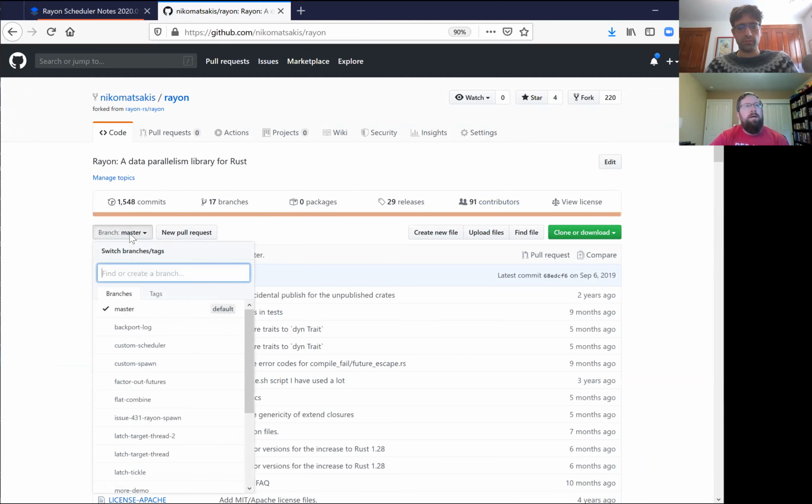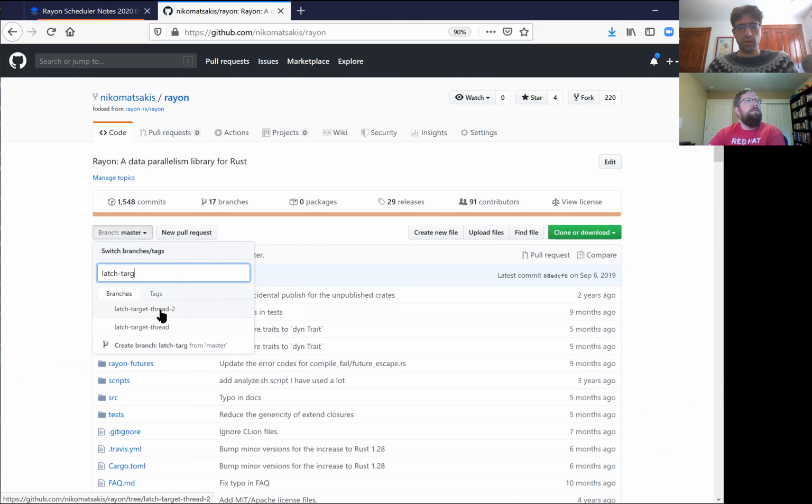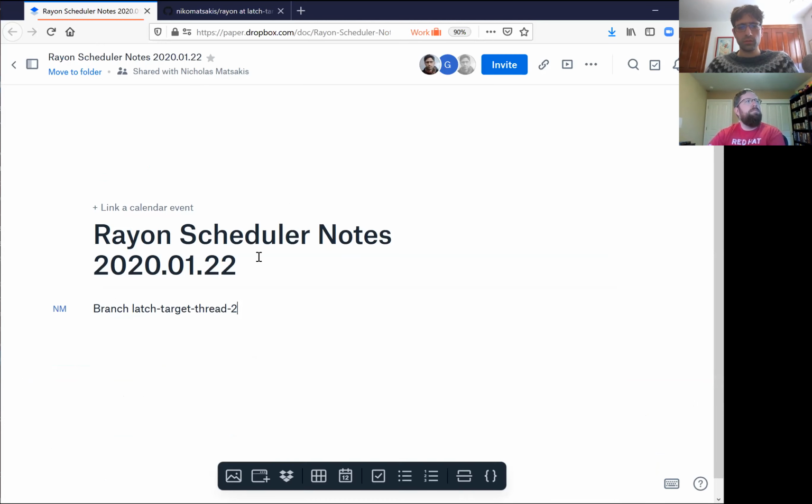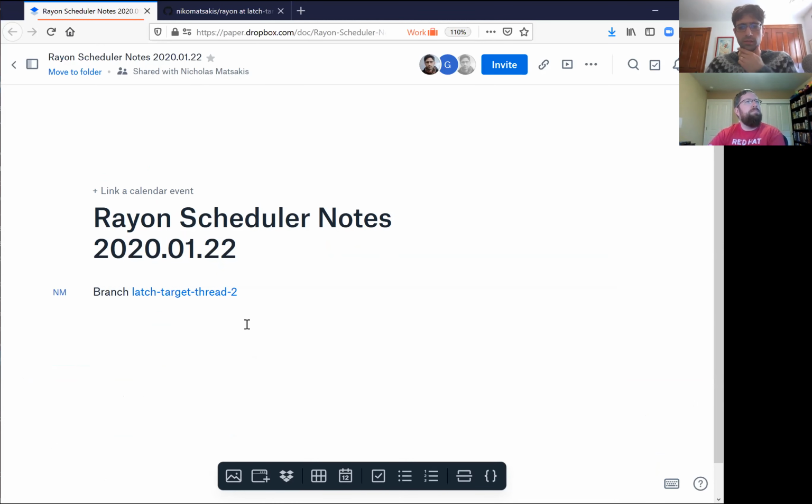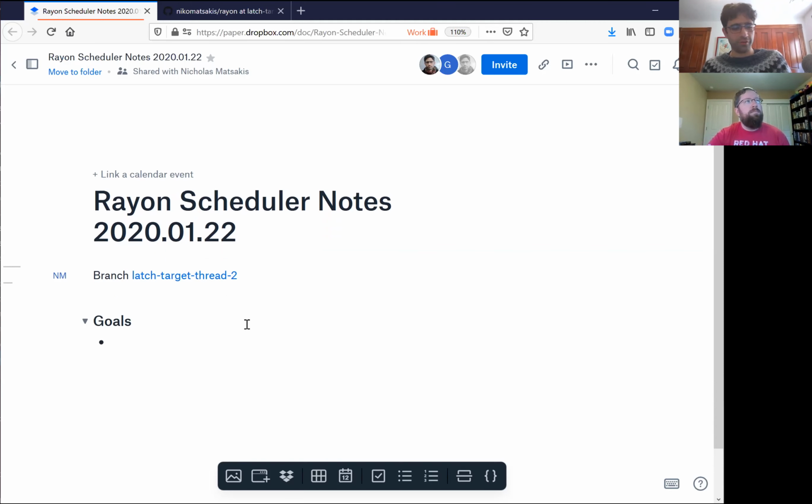So let me get the branch pulled up. Latch target thread 2. Probably the place to start is where I'll start with what happens when, well, I guess we'll start way back just to make sure we're all on the same page, but real briefly, the goals I was trying to go through, which is basically when you wake up, right, when a